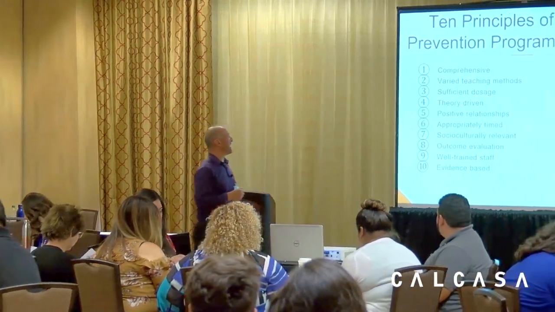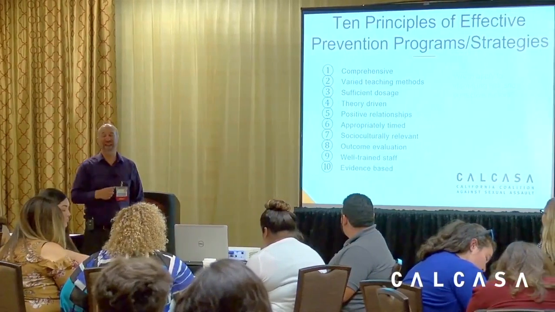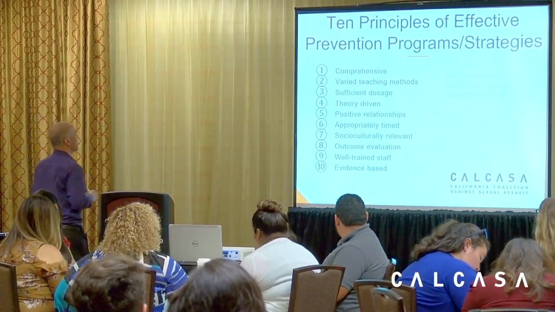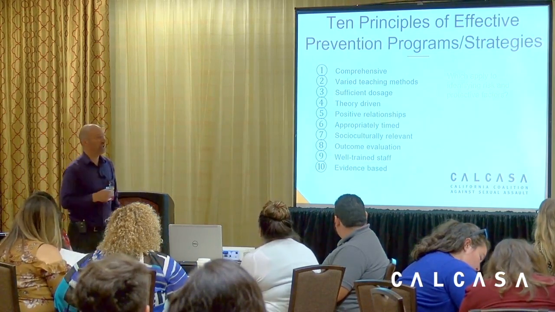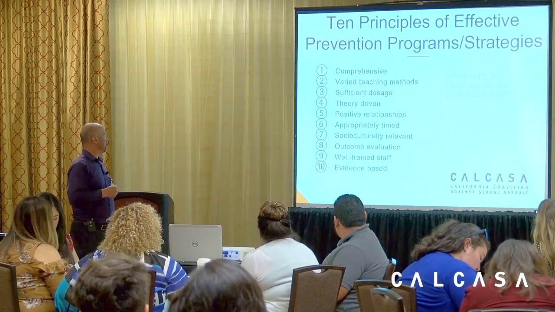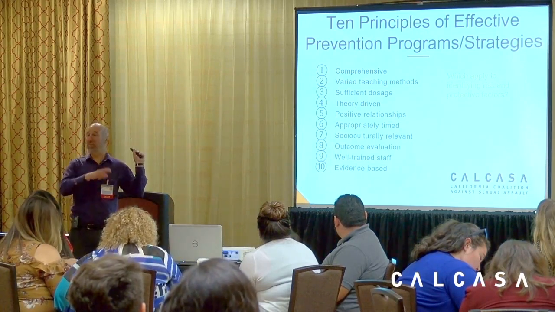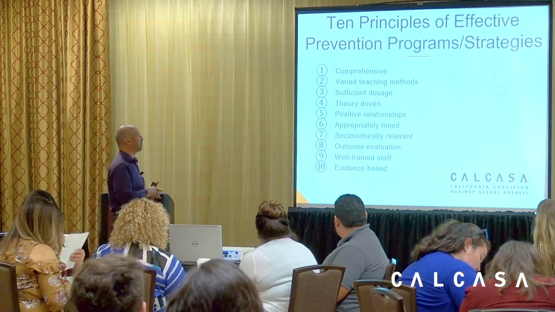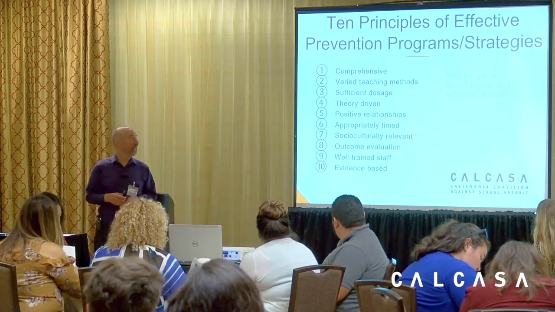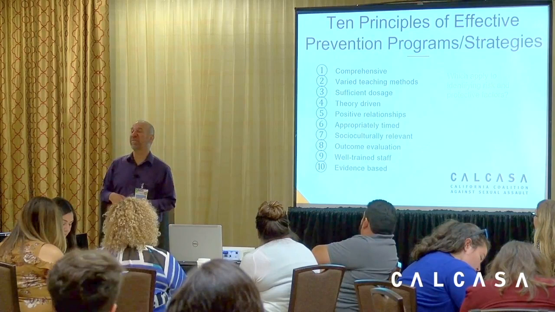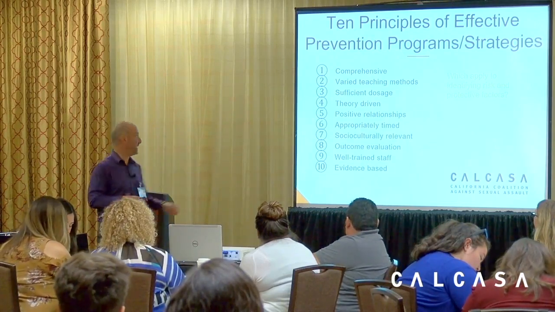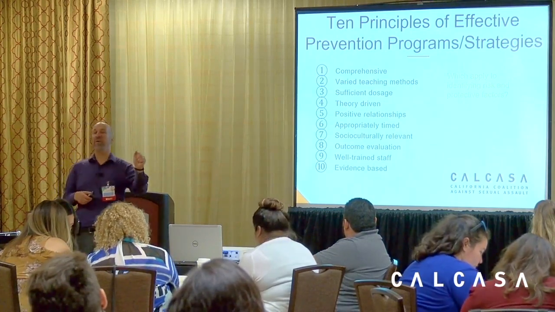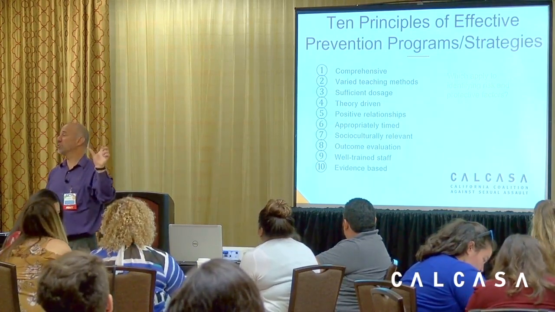So, what do risk and protective factors affect? Which ones of these strategies does it affect? These 10 effective prevention strategies. 7, that it can be done for, and we had a great example of how using risk factors is socially, culturally relevant. What else? 4, theory-driven. So once again, your theory of why you think something is happening. What else? 8, outcome evaluation. It can help you in your outcome evaluation because then you're getting an idea of what you are trying to change.